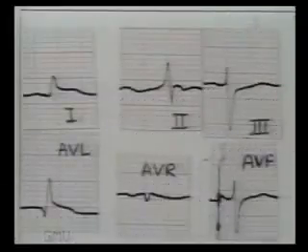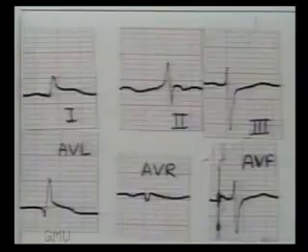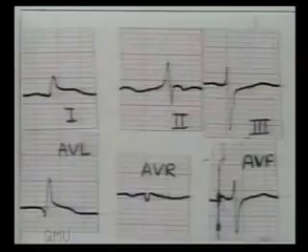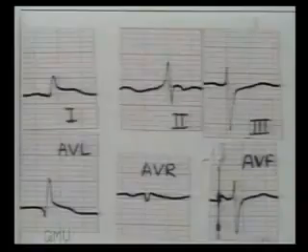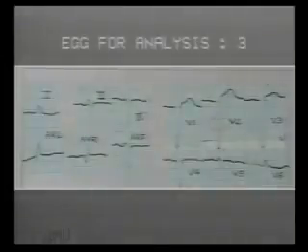Now see the ST segments in limb leads. There is 1.5 millimeter ST elevation in 1 and AVL and minimal depression in leads 3 and AVF. So this ECG shows a 1 day old extensive anterior wall infarct with left axis deviation. In absence of other factors, the left axis deviation suggests left anterior hemiblock, which is a common association with anterior wall infarcts.